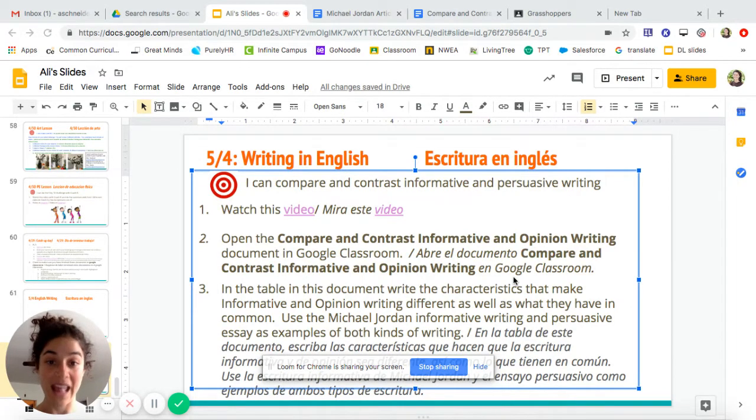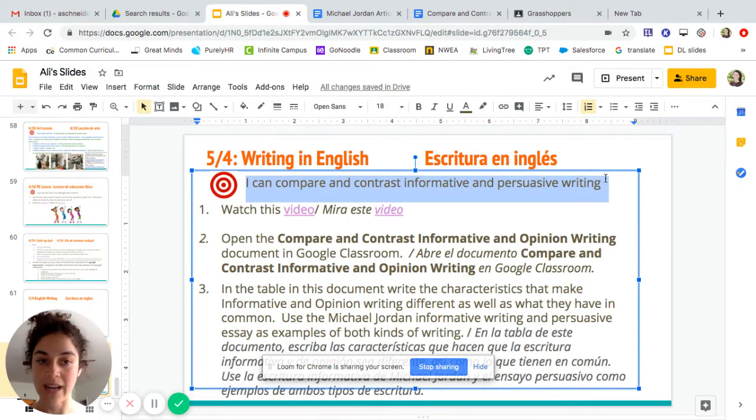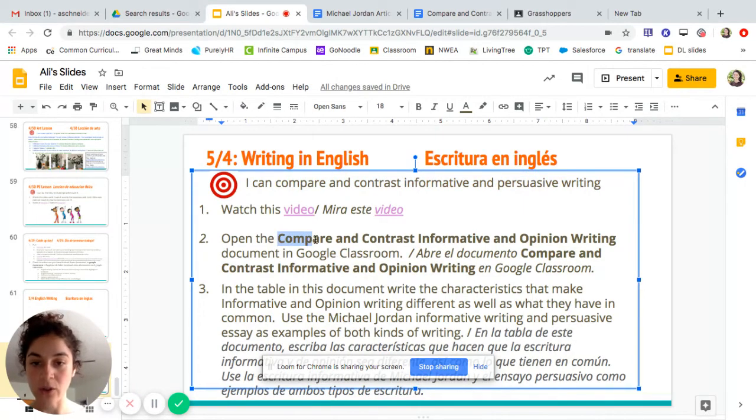persuasive writing is. So for today, the learning target is I can compare and contrast informative and persuasive writing. So step 1, watch this video. You're doing it, rock stars. Step 2, you're going to open up this document in Google Classroom, the compare and contrast informative and opinion writing